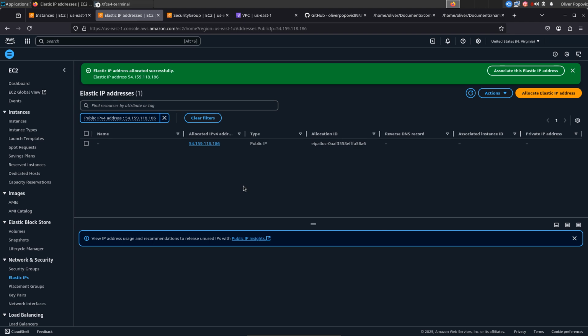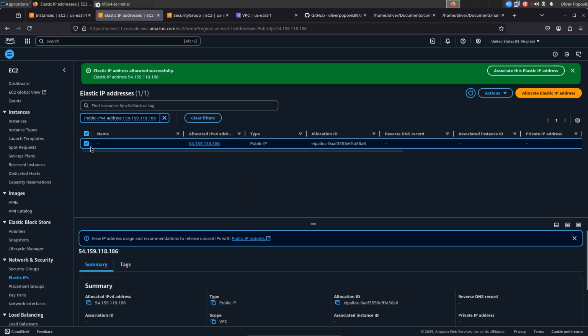Select the IP address we allocated, click Actions, then click Associate Elastic IP Address,